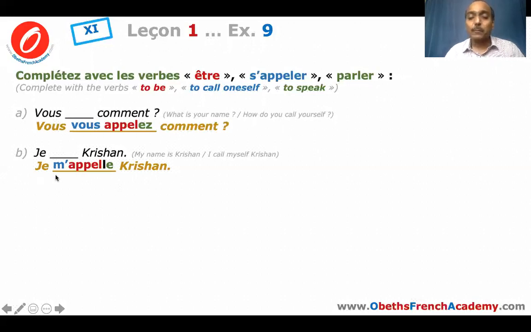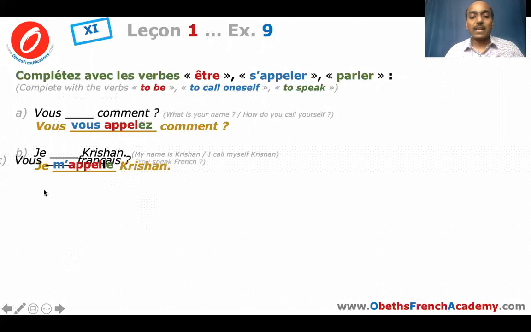So it's for a reason I put different colors, so that you will be able to identify that the blue one, M apostrophe, is your reflexive pronoun for this subject pronoun je. And APPEL, that is your actual stem. And this black color L, that is something irregular we need to remember here, and that is we need to double that L, and then that E, like a regular ER verb, when the subject is je, the ending is always E. So, je m'appelle Christian. My name is Christian, or the literal translation is I call myself Christian.